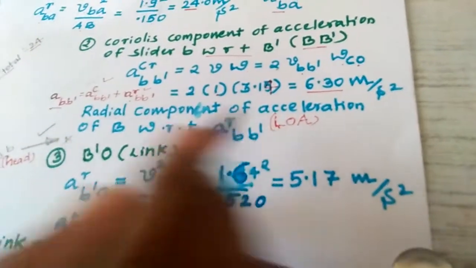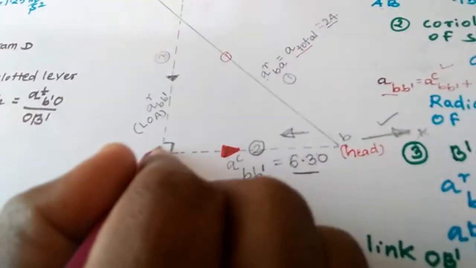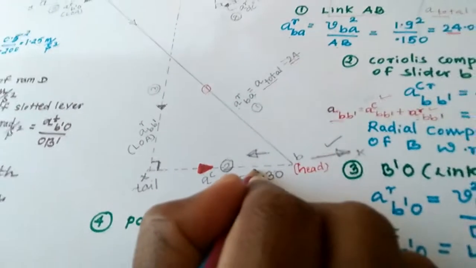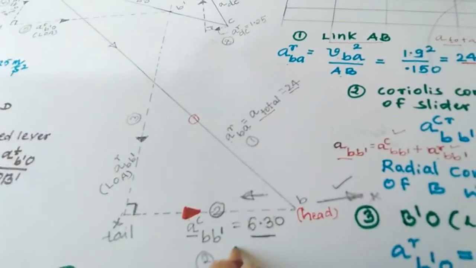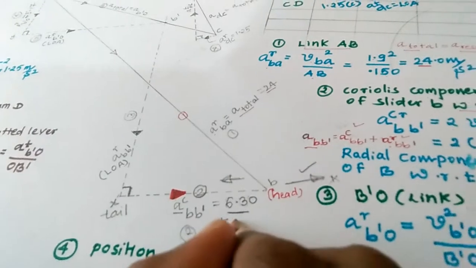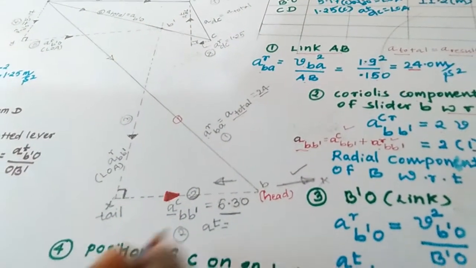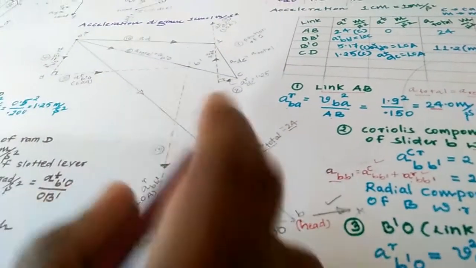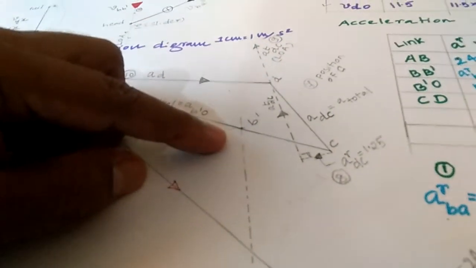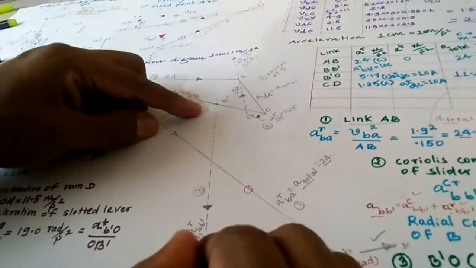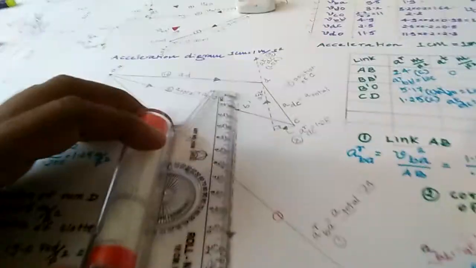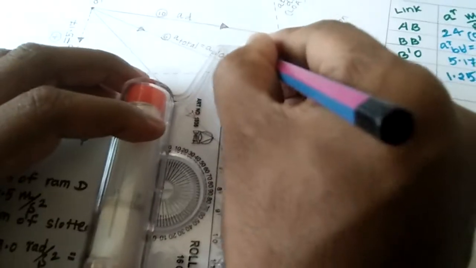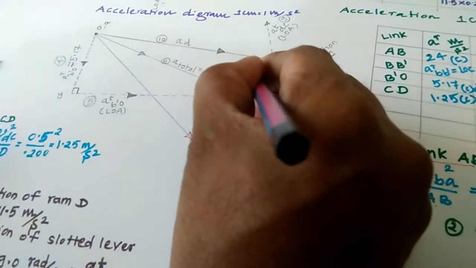For this you have to go for the line of action only. With respect to this point, the radial component is also perpendicular to this Coriolis component. This Coriolis component is nearer to tangential, but the method of finding direction is a little bit different, and the magnitude is different. But it looks like a tangential, perpendicular only. Then radial is also perpendicular to this Coriolis component. You draw this one, that is a radial B dash. This is also a line of action only. You extend this one, then you will get this point only, the line of action.